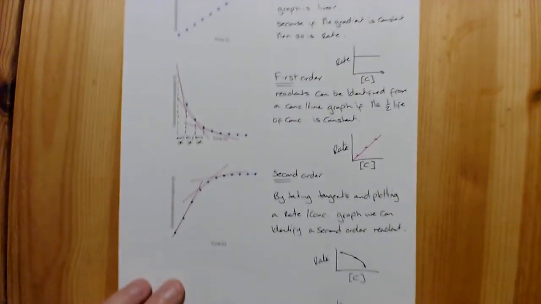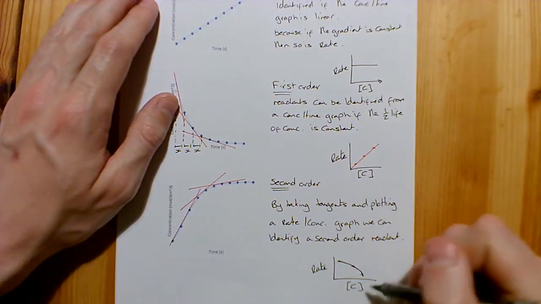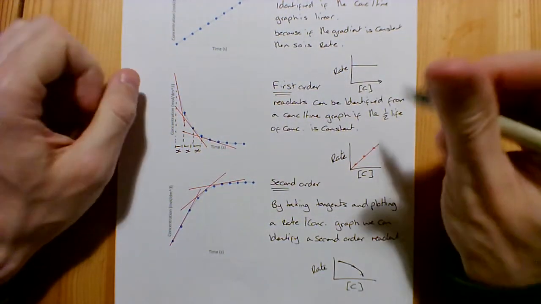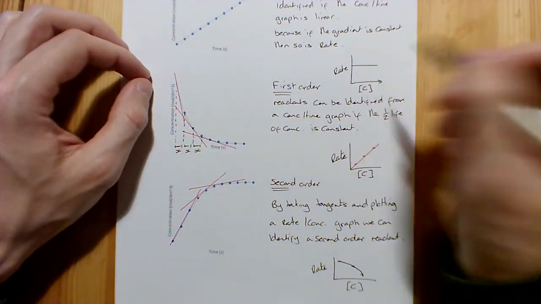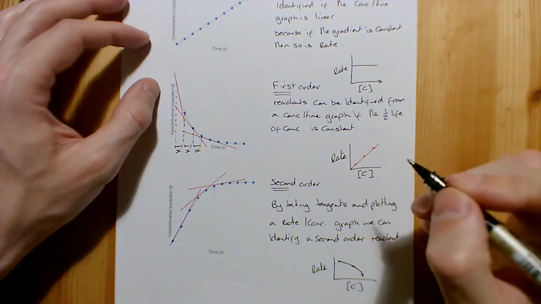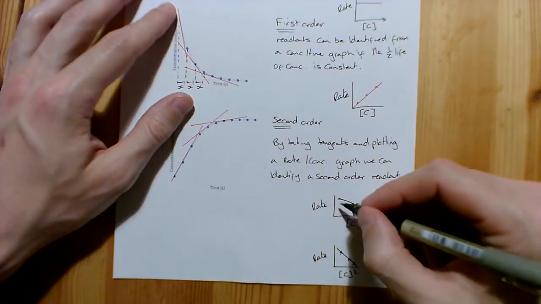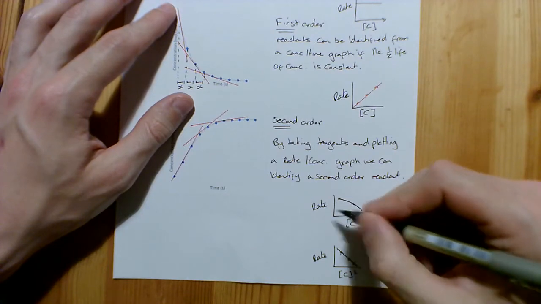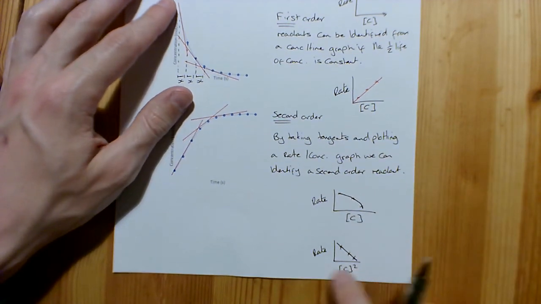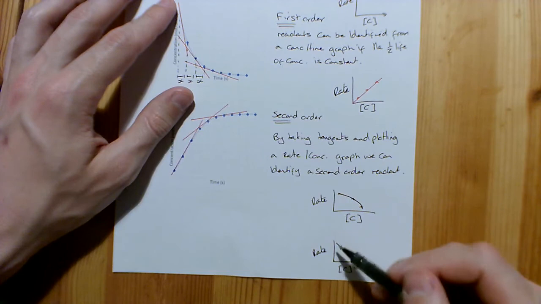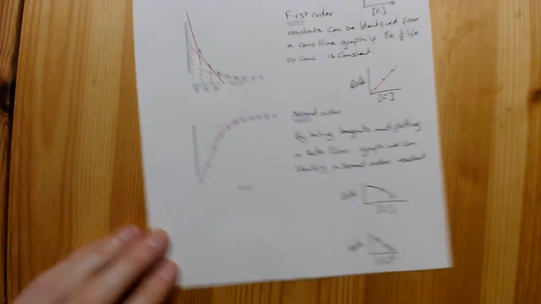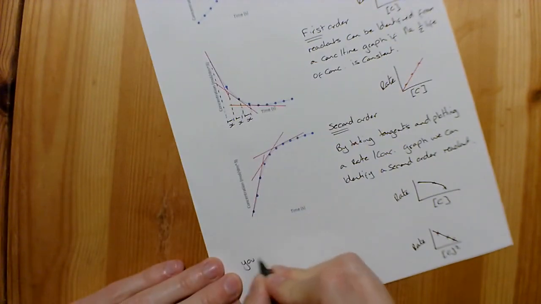Okay, now don't worry too much about the direction that they're going. It just depends whether you're looking at a reactant or a product. What you're looking really for is the shape. If you just have this horizontal line, then you know it's zero order. If you have a directly proportional linear correlation, then you know it is first order. And if you have an exponential relationship between rate and concentration, then it is second order, which you can confirm by plotting rate against concentration squared, and that would then give you a linear correlation, which confirms that it is second order. So I'll just make a note of that,